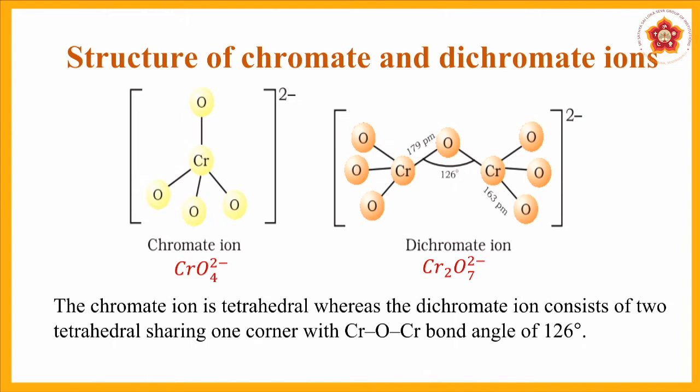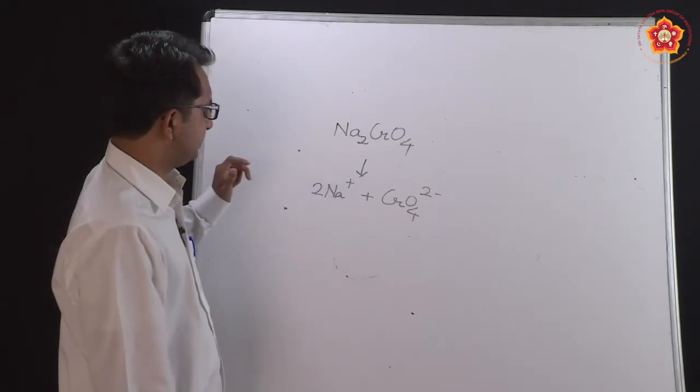We see a chromate ion, we also see a dichromate ion. Remember that in the first step, the product that you had obtained was sodium chromate. So, what was the formula of sodium chromate? It was Na2CrO4. So, when you split this ionically, you will see that it will split up as 2Na+ plus CrO4 2-. This is how we tend to write the formulas in this case.